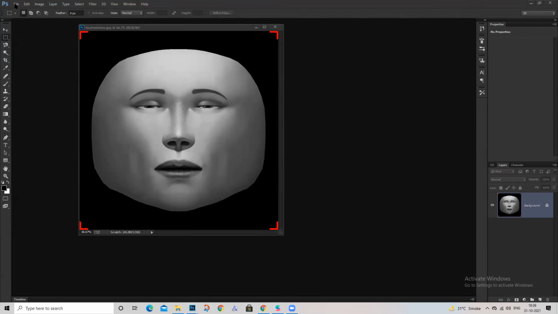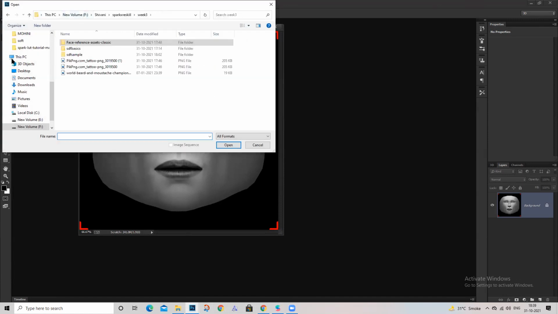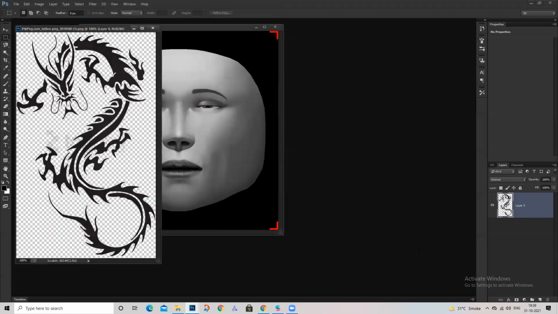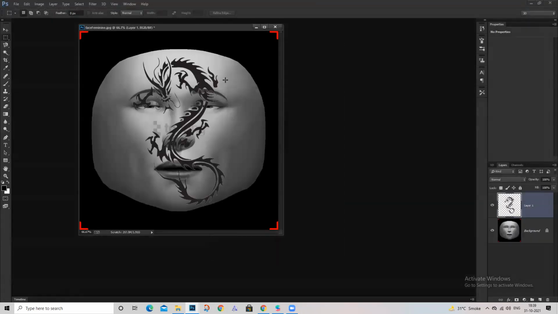You can do the same, or you can draw if you like. This is one tattoo that I have downloaded, and I'm going to put it over here on the face.